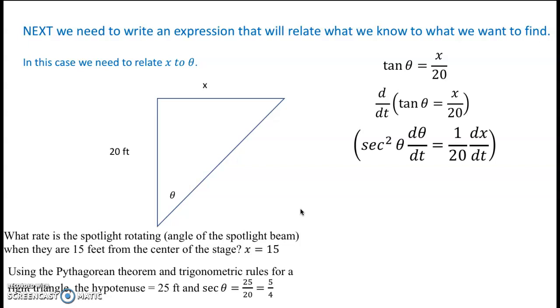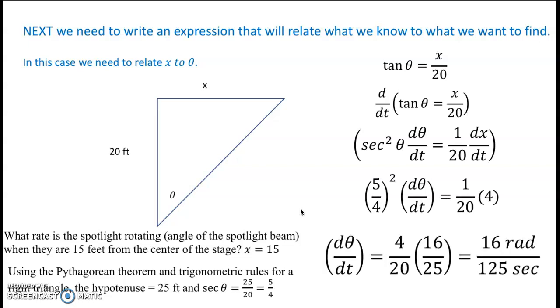Using the Pythagorean theorem and trigonometric rules in a right triangle, the hypotenuse would be 25 feet, and the secant of the angle would be 25 over 20, or 5/4. Substituting in and solving, I get my answer. d theta/dt is equal to